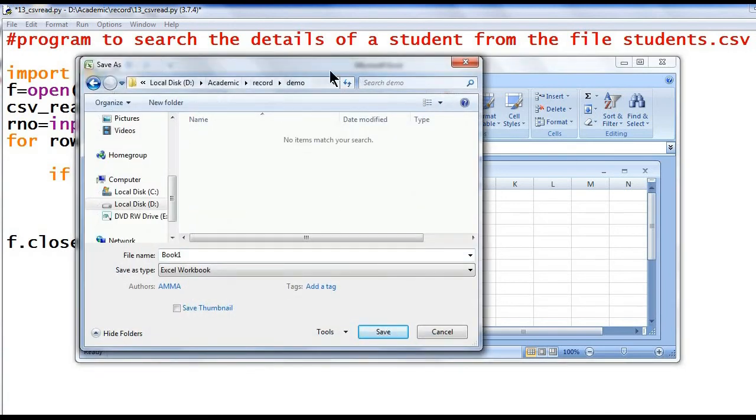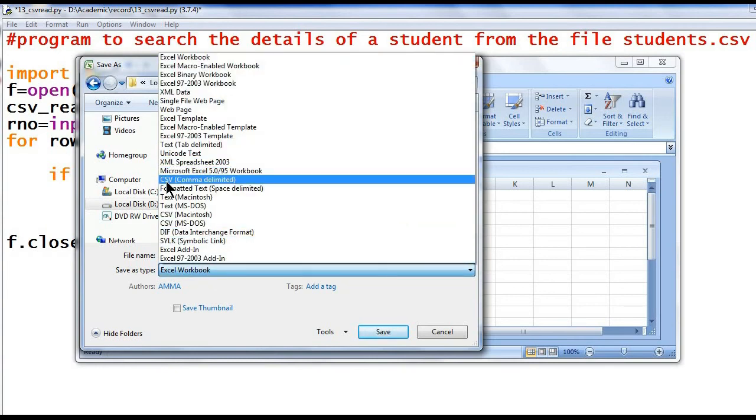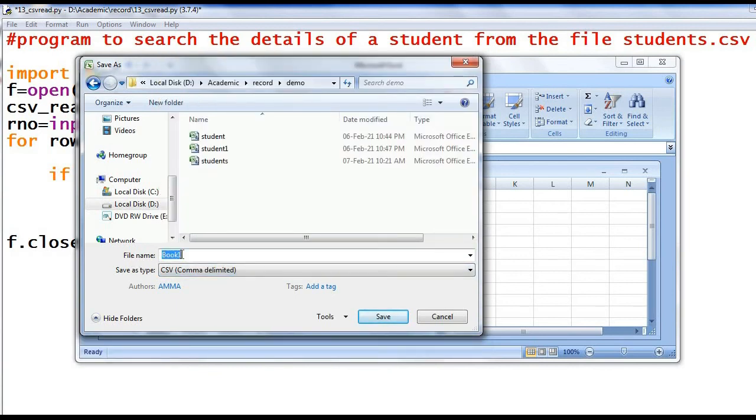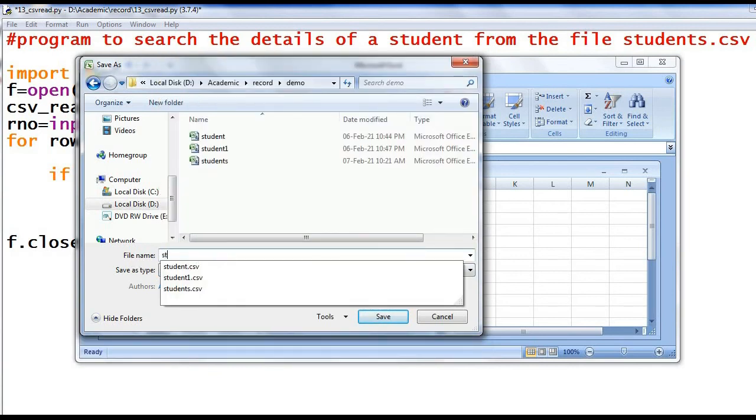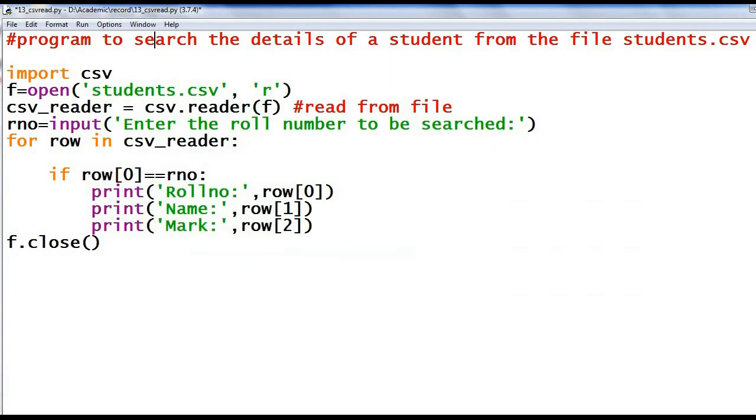Select your folder, then Save as type. Select this option, CSV, delimited. Then for the file name, here you can give your file name, students. Here there is no need to specify the file extension CSV. Automatically it will save as a CSV file. Okay, then save.